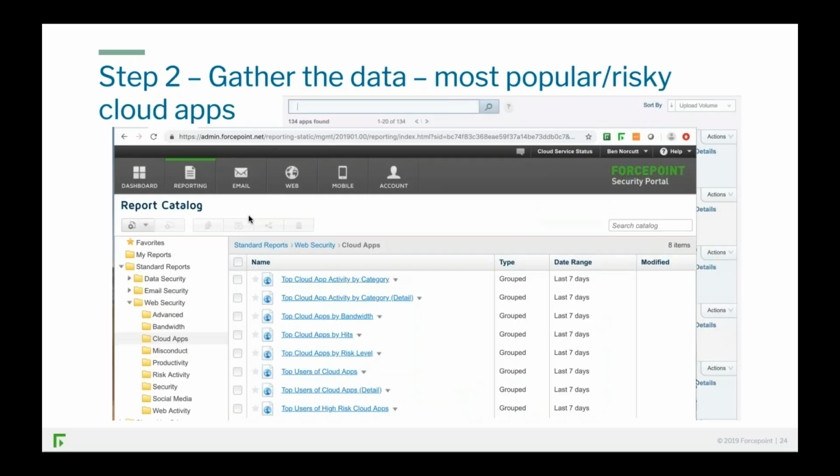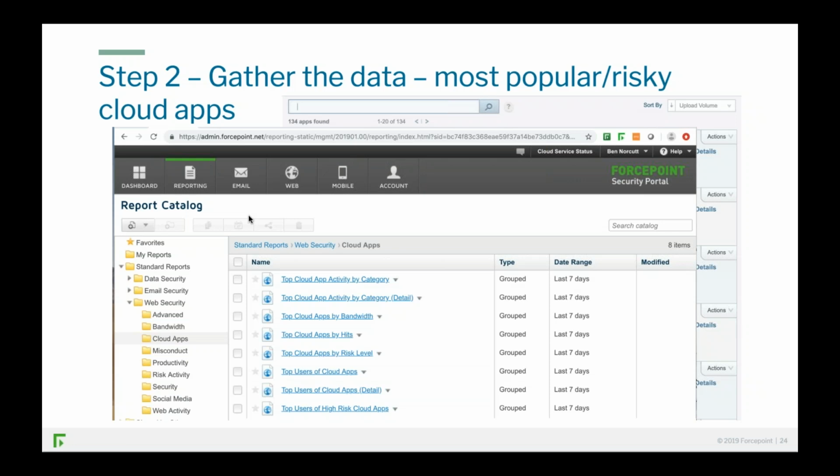So how do we do it? We form the group, and then we gather the data. What you're seeing here is our cloud web security. We can do shadow IT reporting from our on-premise, and also really any device. We have, as many CASB vendors do, shadow IT functionality from any system whatsoever.